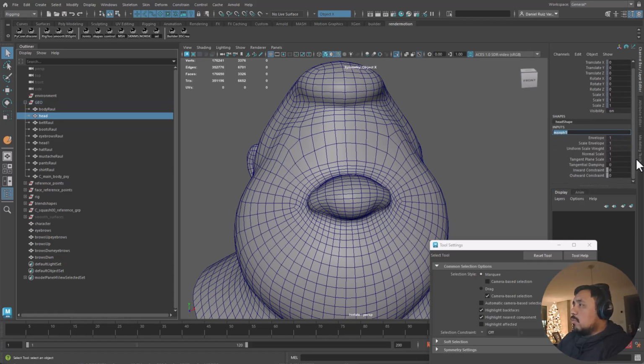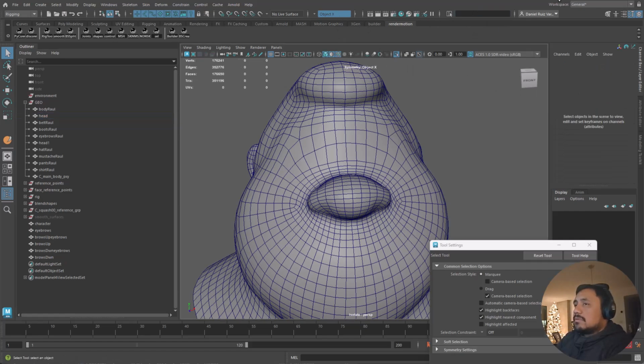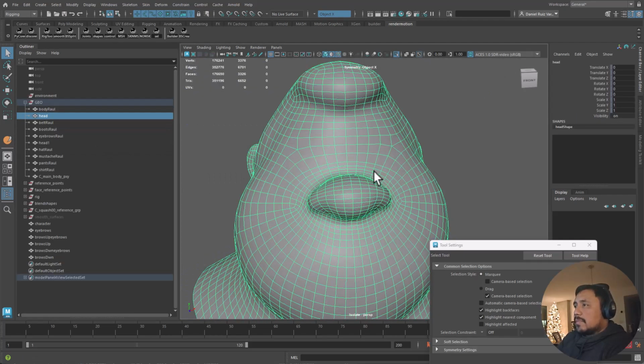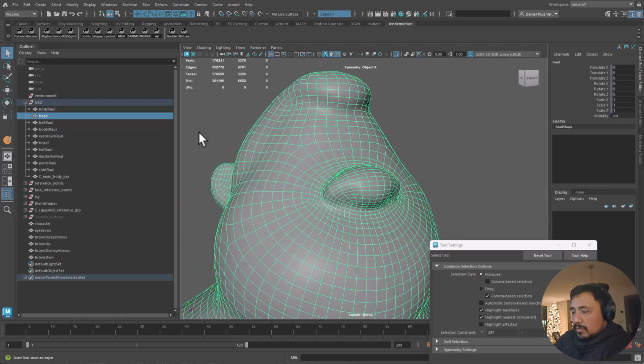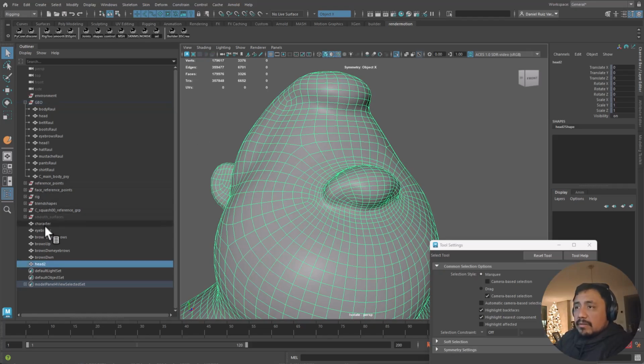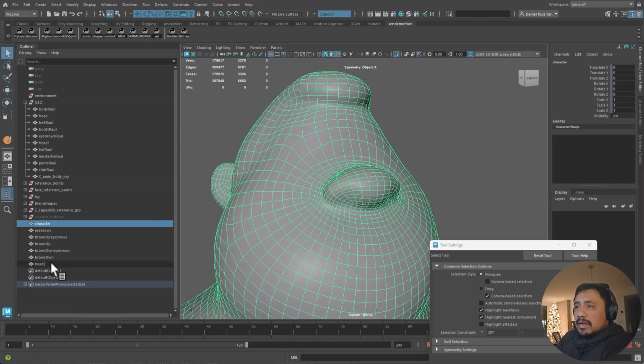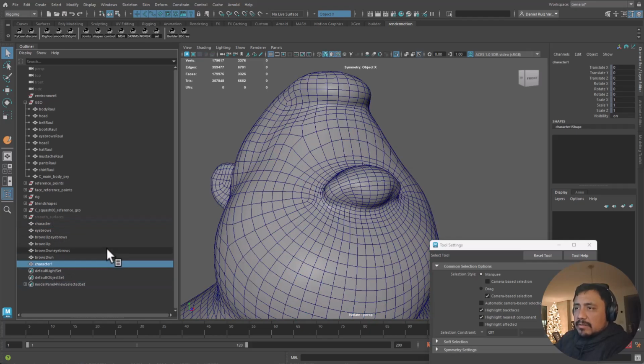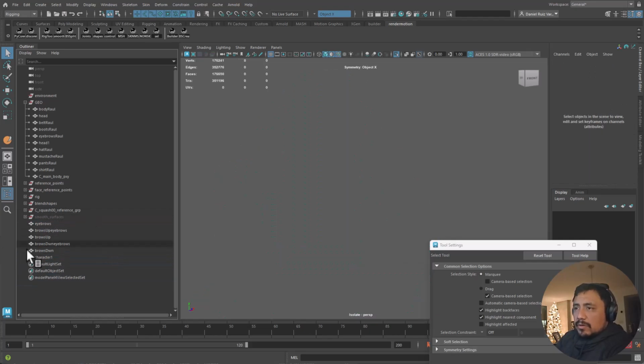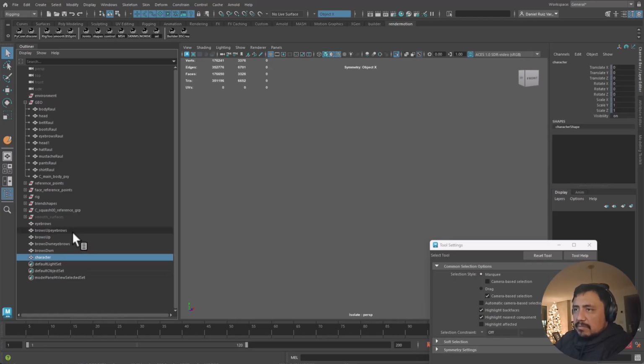Oh, it has a morph. Let me delete this morph. I don't know to what it was morphing, but we don't need it. Let's remove it. Yeah, this was my original head, so I'm going to parent it, and this is the one that should be the character. So let's name it character. Let's delete the other character, fix the name, and now I do have here